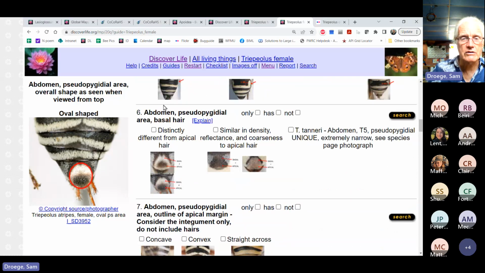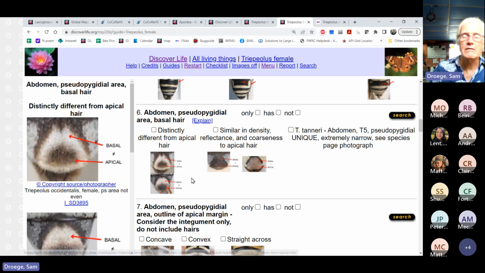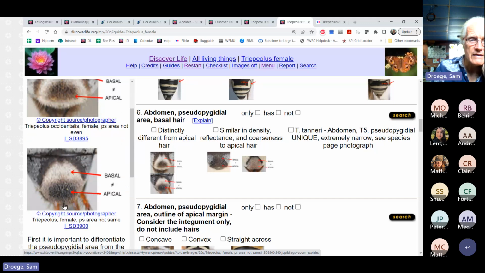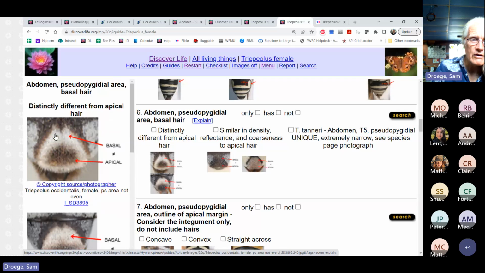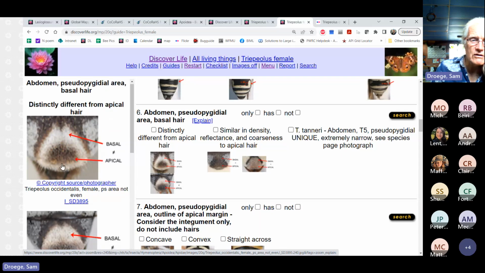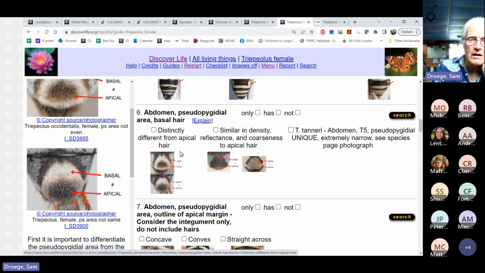So back to here, this is another tricky one. What we're looking at is the pseudopygidial basal hair. So if we bring up one of these, probably more clear in Molly's thing. So we have different kinds of hairs in the basal area and the apical. Whether they're always the paler color or not is a little bit difficult to tell, but the implications are that they are. So these are white hairs, those are dark hairs. If we look here